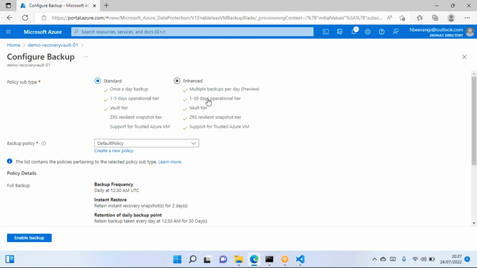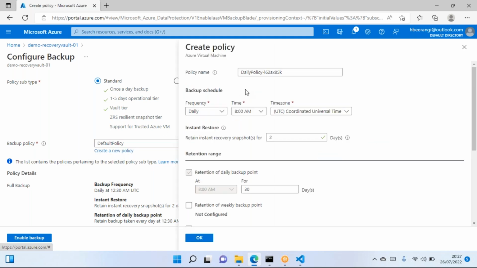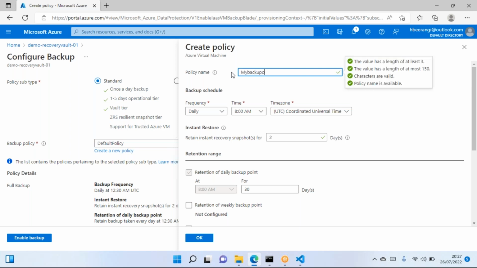So we don't want to use this one. I'm going to create a new policy here. Otherwise, you will have only default policy. So click on create new policy, and here you can give the name of policy. Let's say my backup policy 1,